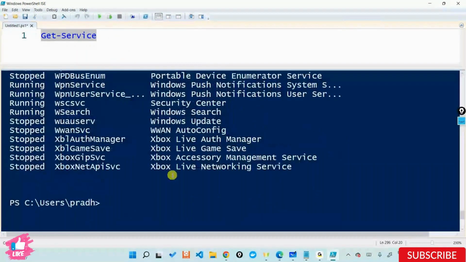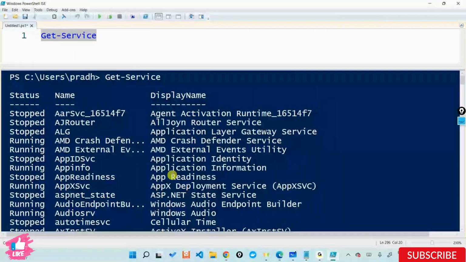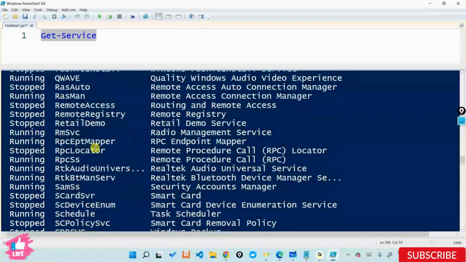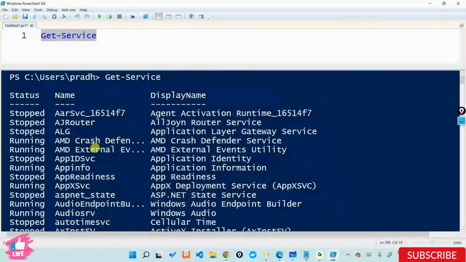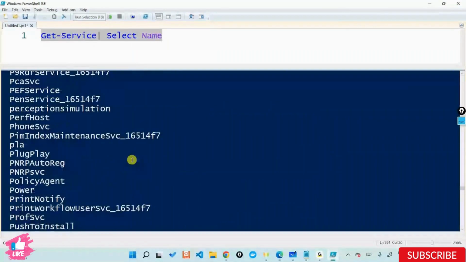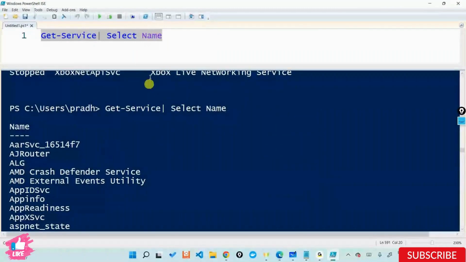If I understand your query right, you only want to get this column, right? Let's say, for example, name is something you want to look at, because this is the column. So if I say type and then say select name, I'll only end up getting the name column out here. Where-Object is more like a foreach, but Select will go ahead and display all these names. And if I want name and status,